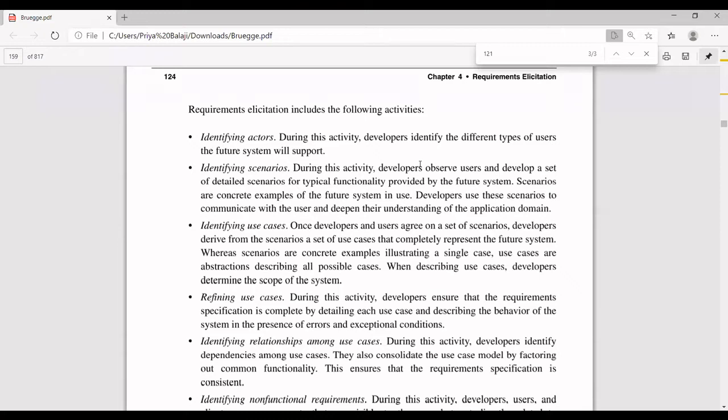After actors, you can have a scenario. So what is a scenario? You can have use cases also, and in turn it can go to the scenario, or from scenario it can go to use cases. If I want to withdraw 10,000 rupees, I will insert the card and PIN number, then give the amount I want to withdraw. First it will check my balance in my bank account, whether it is more than 10,000.